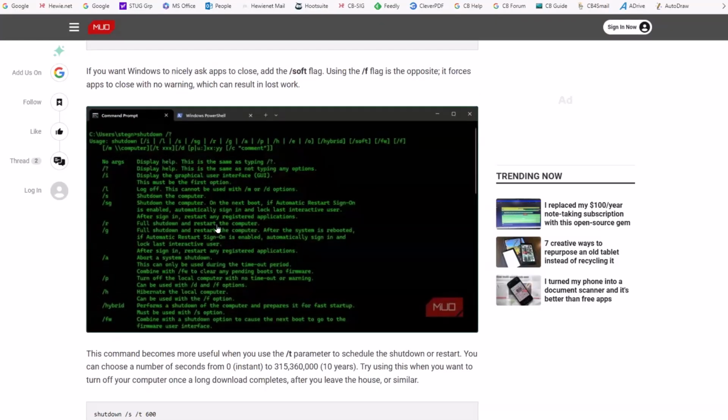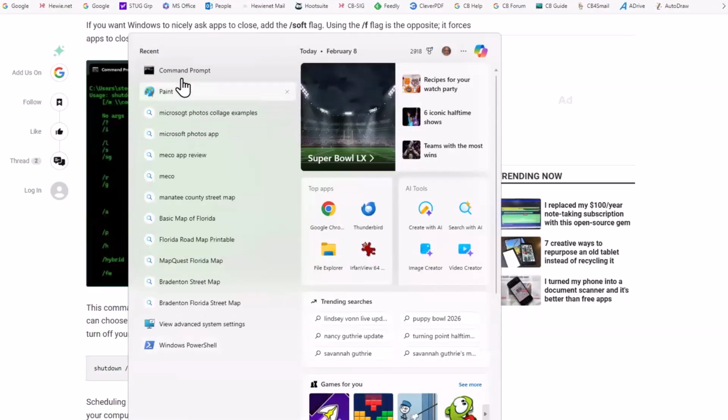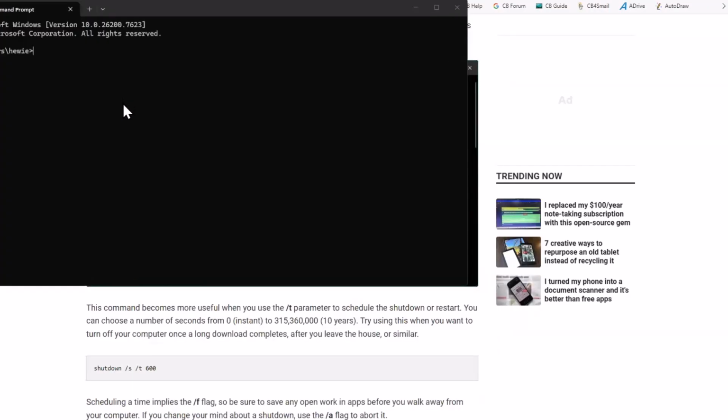But if you do a shutdown /?, you'll get more options. That's not a complete listing of all the options. It's a forward slash, right, at the end. If you look in the top right of that window, yeah, right here. There you go. The bottom of that screen is cropped off before it gets there. So if we come back here and do the command prompt,